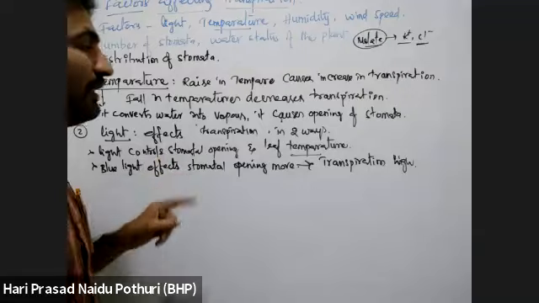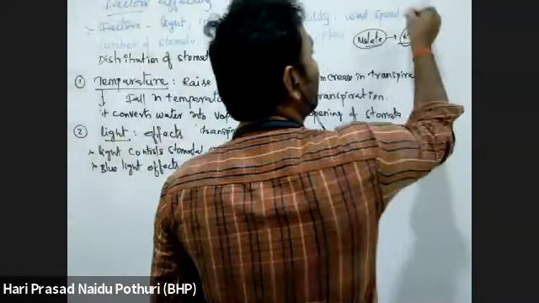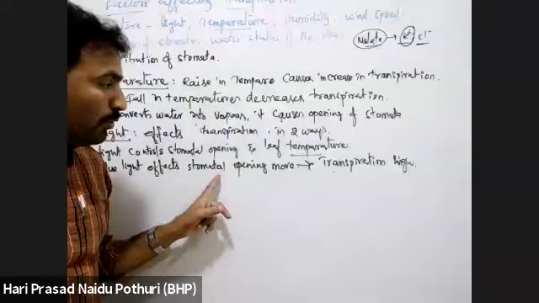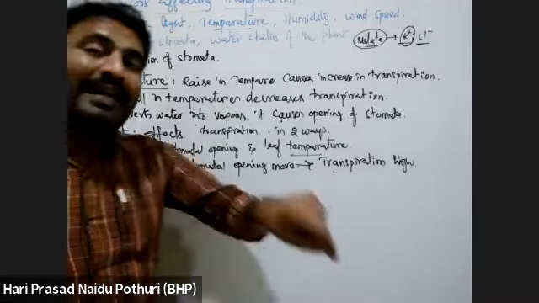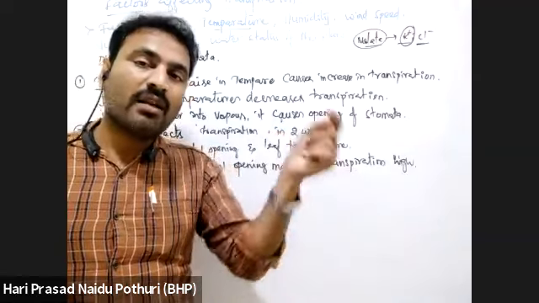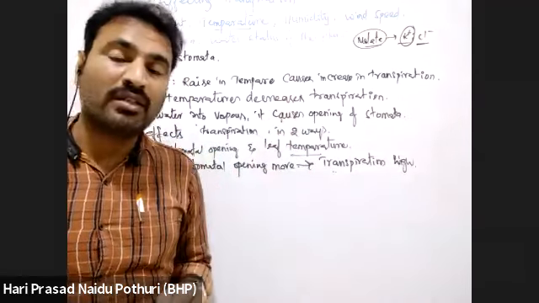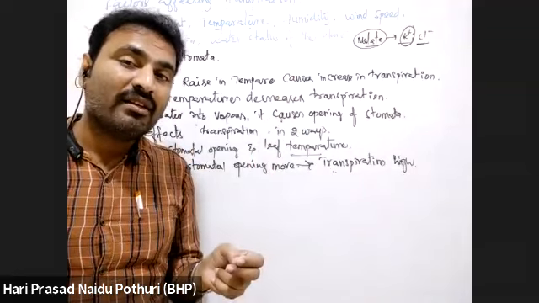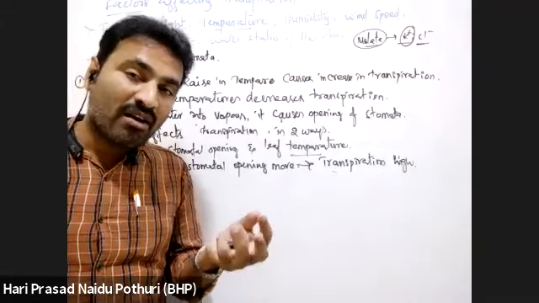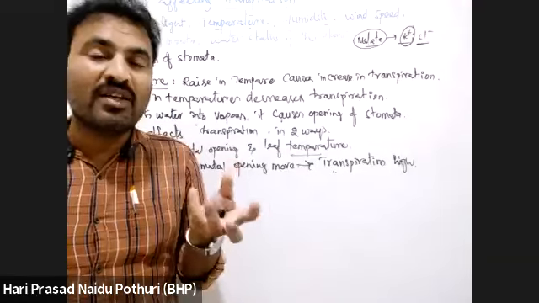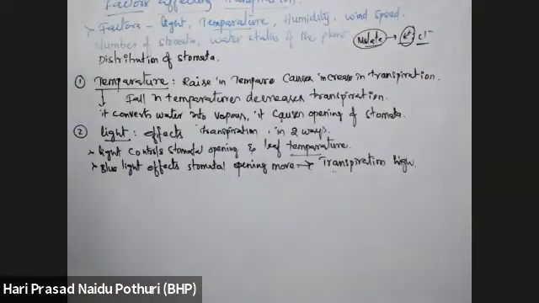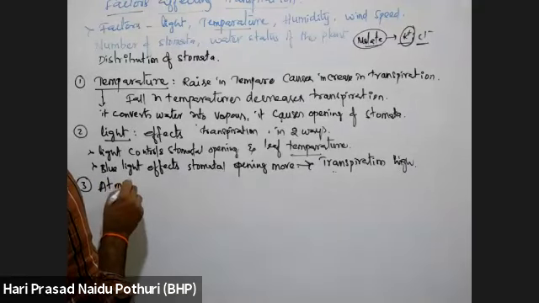See here, this malate ion, K+ ion, Cl- ion. So the blue light will increase the permeability of K+ ion. In the presence of blue light, more K+ ions will enter the guard cells. When K+ ions are entering the guard cells, the guard cell solute potential will decrease, so that it will take up more water, causing stomata to open. That is one thing. Okay, blue light affects stomatal opening more. That means in the presence of blue light, there is a high rate of transpiration.